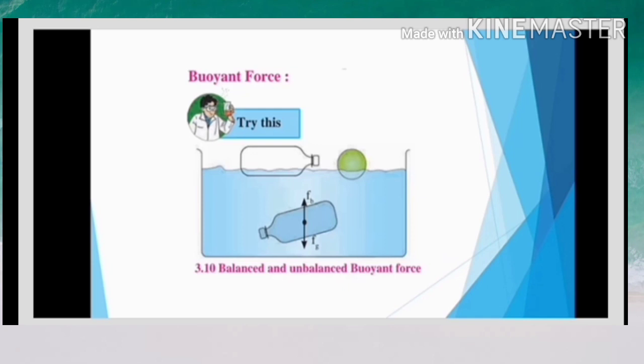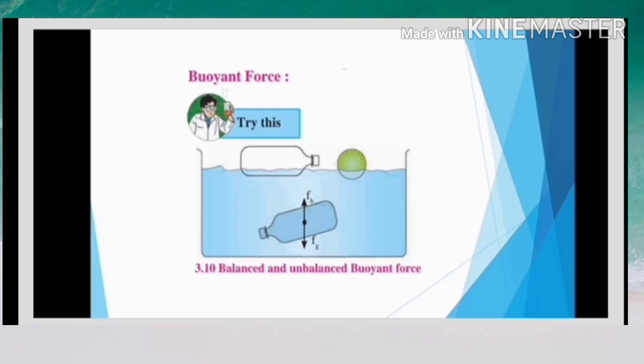What happens? The empty plastic bottle floats on the surface of water. On the contrary, the bottle full of water floats inside the water but does not go to the bottom. So you can understand, the bottle full of water floats inside the water but does not go to the bottom because of gravity. The weight of the empty bottle is negligible as compared with the weight of the water inside. So such a bottle with water neither floats on the surface nor goes to the bottom because of gravity.